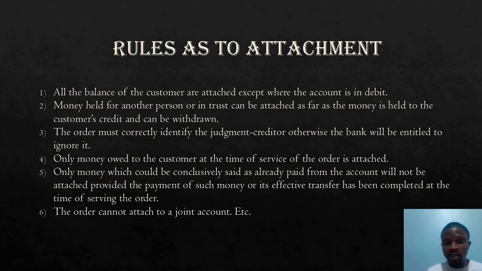If the judgment debtor had written a check to somebody who has not gone back to cash it, that person cannot say, oh no, some of this judgment debtor's money is mine because I have a check. No. If any amount of money has not left the account, the transfer is ineffective. The order also cannot attach to a joint account because, as you have learned about joint accounts in our last class, you deal with a joint account together. You cannot separate one party from a joint account.